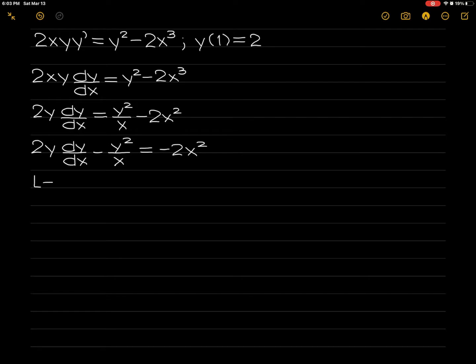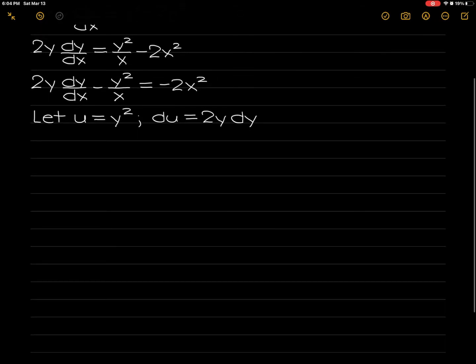We will let u be equal to y squared, and by implicit differentiation, du is equal to 2y times dy. We will now replace y squared with u and 2y dy with du, which will give us du divided by dx minus u divided by x equals negative 2x squared, which is a linear equation of order 1 in standard